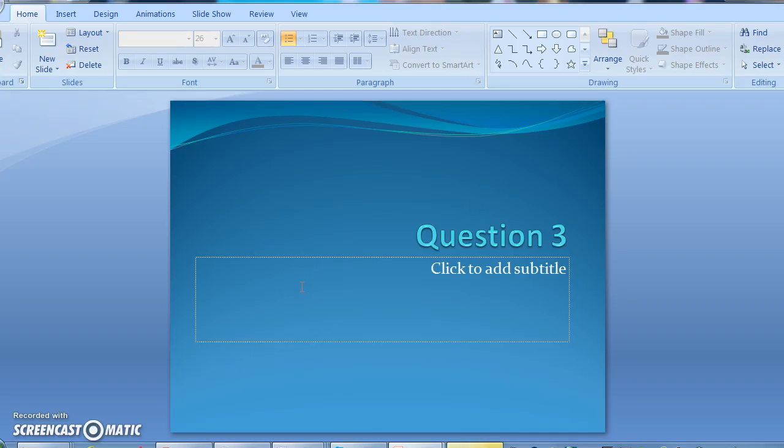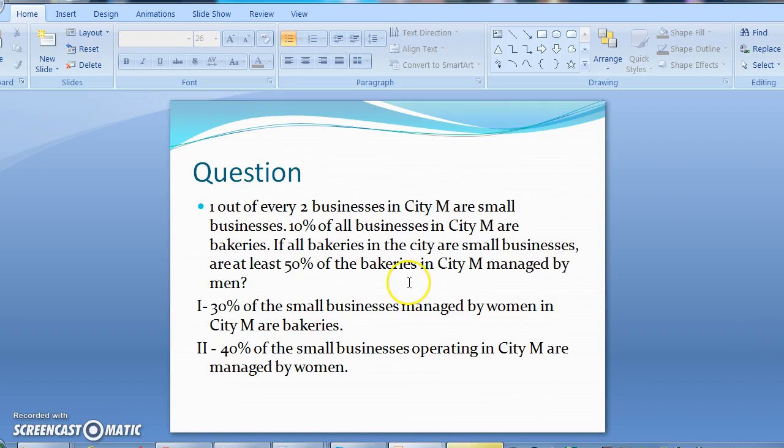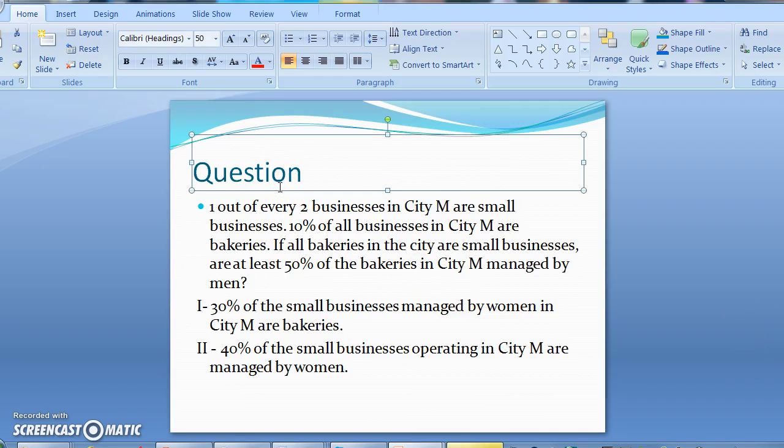Alright, that brings us to our last question, the discussion question number 3. So let's take a look. The question says, 1 out of every 2 businesses in City M are small businesses. 10% of all businesses in City M are bakeries. If all the bakeries in the city are small businesses, are at least 50% of the bakeries in the City